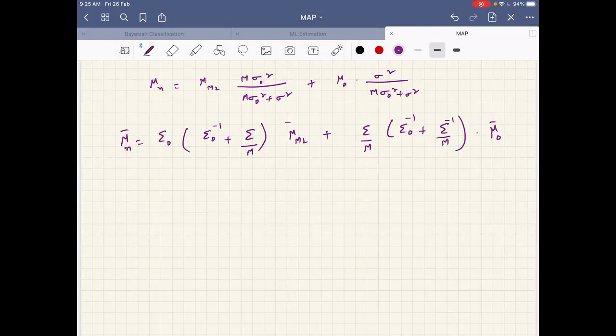What I am trying to bring here is the analogy between the scalar case and the vector case. As you can see, both expressions finally look similar, in that sigma square is replaced by the covariance matrix, and hence 1 by sigma naught square, 1 by sigma square, etc. will be replaced by the inverse of the covariance matrix. Is this analogy clear?